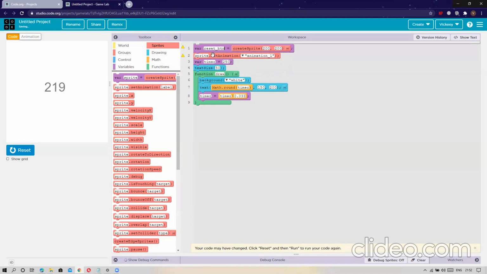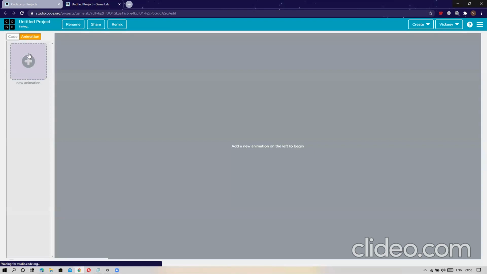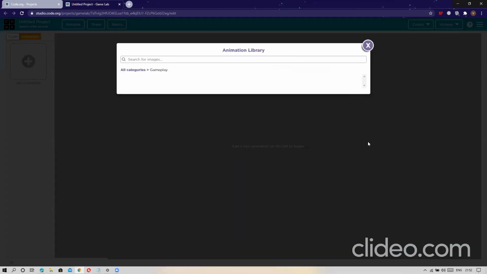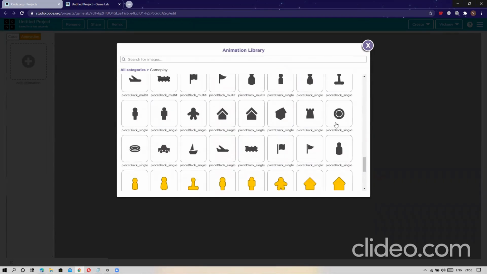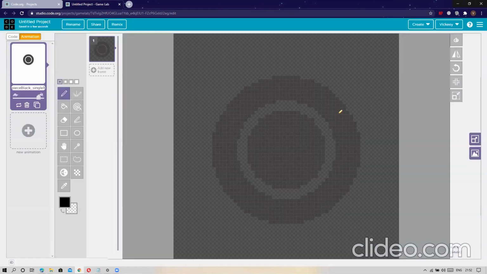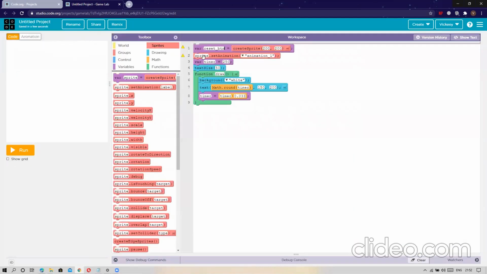Then we will go to animation, select new animation, go to the gameplay, and I will select this piece black single button. Go back to the code. Because we have a variable, put the variable name reset underscore button, select this animation over here and make it run.